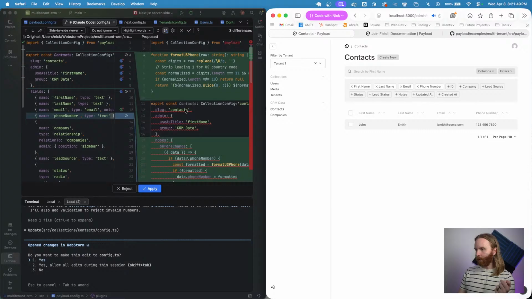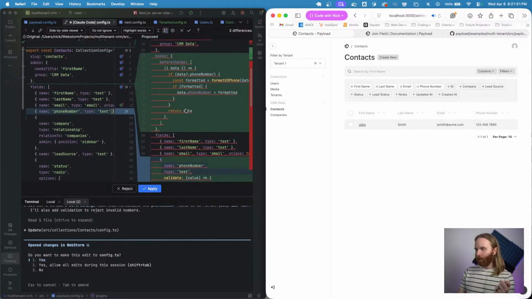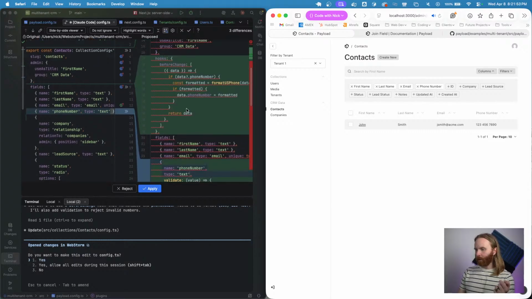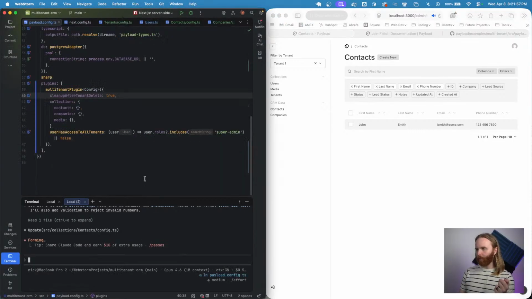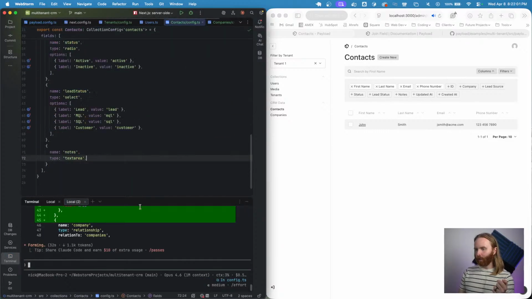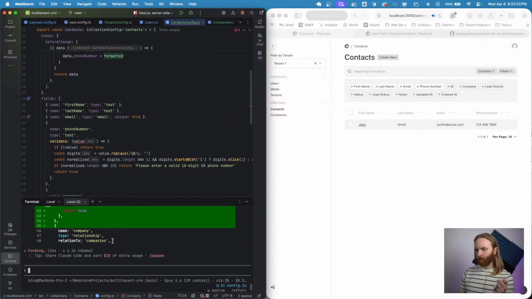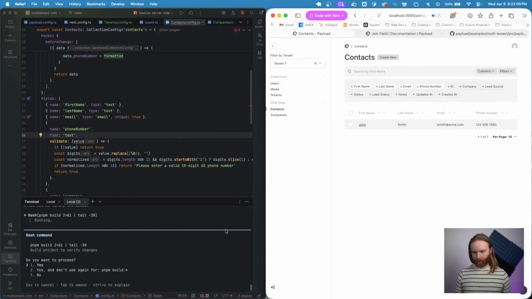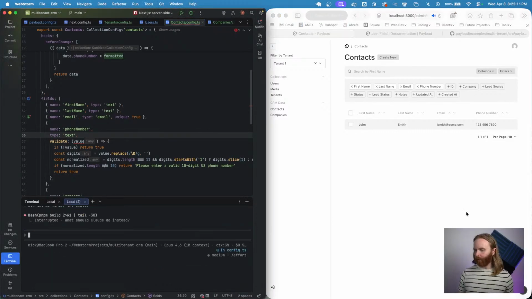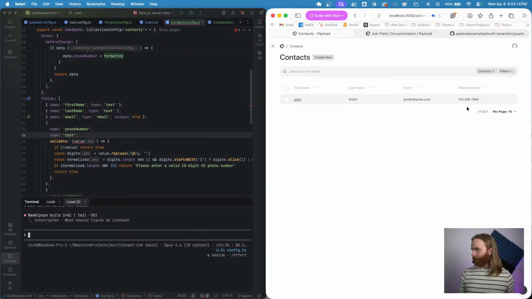That's doing a whole lot. So we'll see here in just a second. Let's go ahead and do this. So what it's doing is it's using a before change hook to format the phone number for me. So if I go over to contacts, I don't need you to verify the build, but thanks for asking. If I refresh,